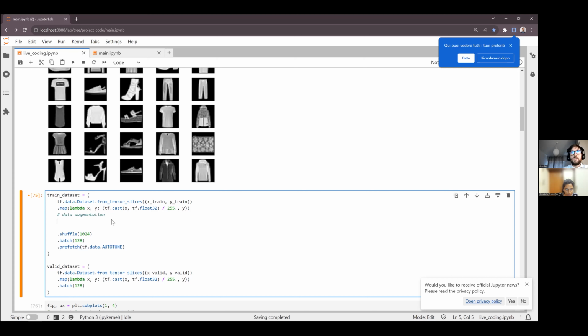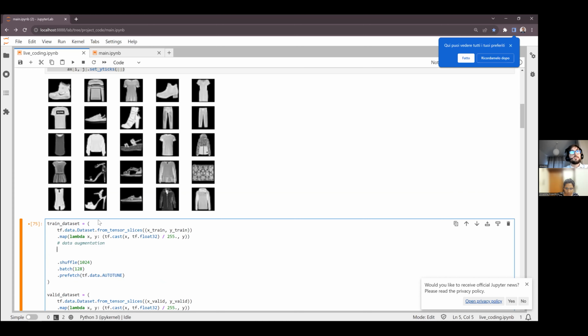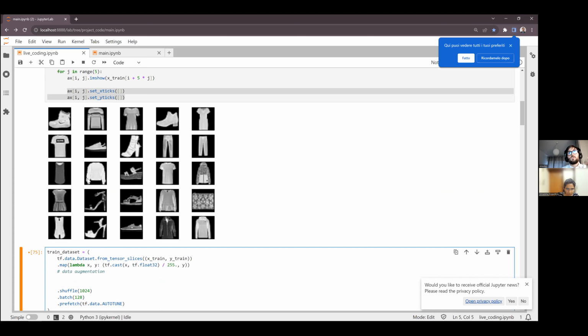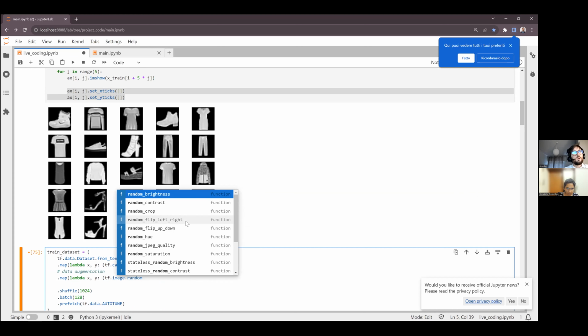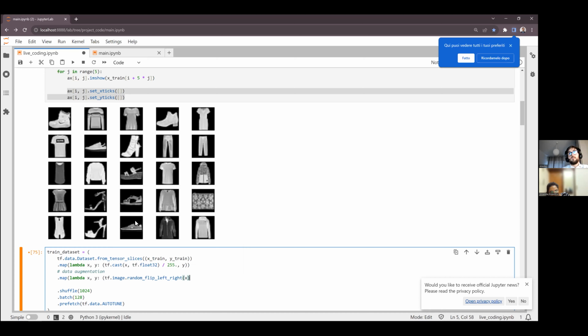Now we need to decide how to do the data augmentation of our images. Since these are garments, I don't want to put them upside down, because otherwise we get something strange. But we can do something like this, just to start to get a feeling of what we would be doing. We can use tf.image. Here we have some predefined data augmentation, and we can look into random, and all of those will do some changes to the image. For example, random flip left right will randomly flip half of the images horizontally.